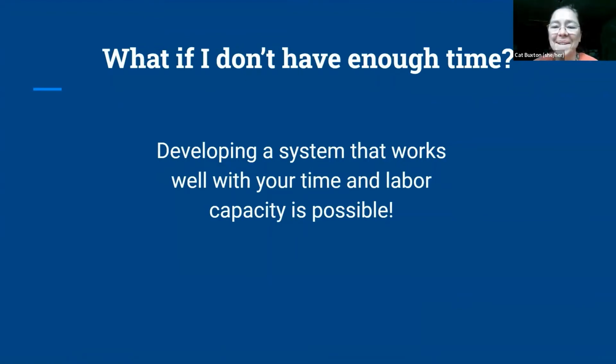Right, so if you don't have enough time, one way I like to do it is employ kids. That's really great. Lots of people can make it happen pretty quickly. Developing a system that works for you and your farm or your home is what really matters. So when I'm building systems at schools, I know that I have a labor force of 9 and 10-year-olds that are going to do the work. So I can build a system based on that need.